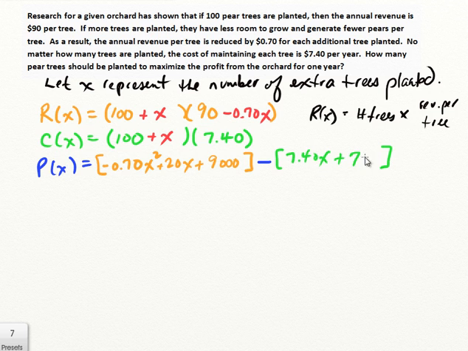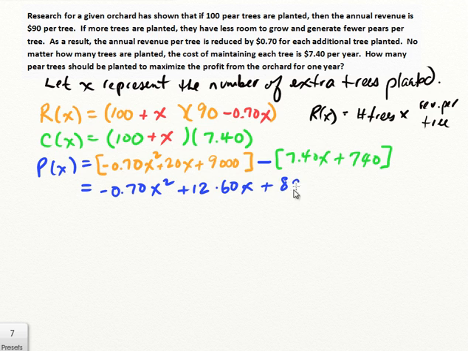7.40x plus 740. Okay, combining these together and removing the brackets so that we get an equation that is just defining the profit. I'm going to remove the brackets, combine like terms. Be careful, we've got minus 740x and minus 740. So it is negative 0.70x squared plus 1260x and then plus